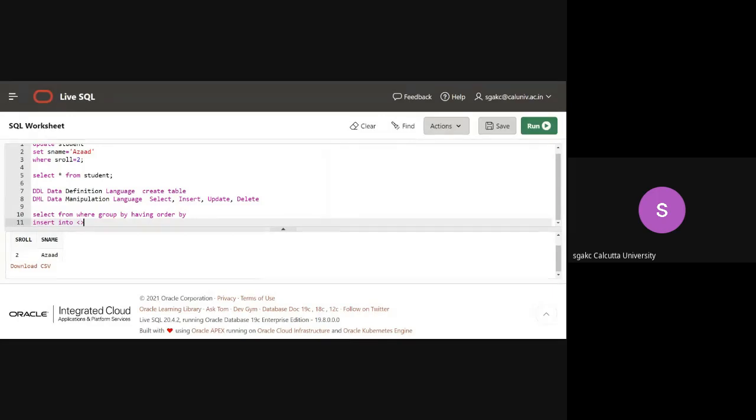Then I give the name of the table, and then I mention values, and then in parentheses, in the order I have created the table, in the same order, I supply the values. Okay. So as an example,